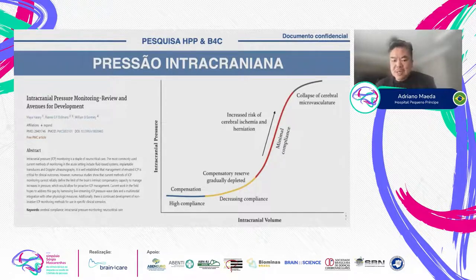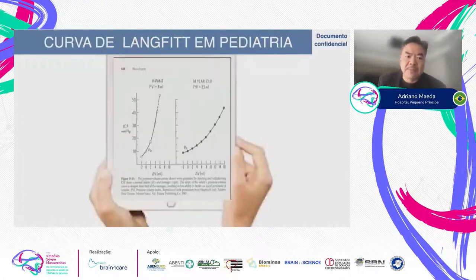However, the relationship of intracranial pressure is closely related to compliance. All speakers before have mentioned that. In the blue phase, the compensation phase, compliance is normal. When we have a compensatory reserve of pressure, compliance goes down. And then intracranial pressure decompensates, and compliance gets worse too. So there's a very clear relationship here between intracranial pressure and compliance, and the brainful care sensor is helping us detect these compliance changes so that we know in which point of the curve the person is. As here we are talking about children,